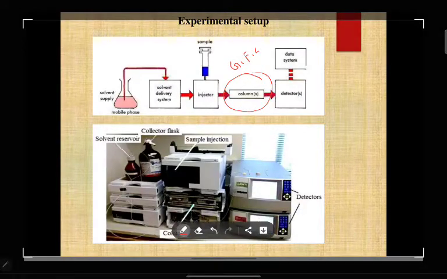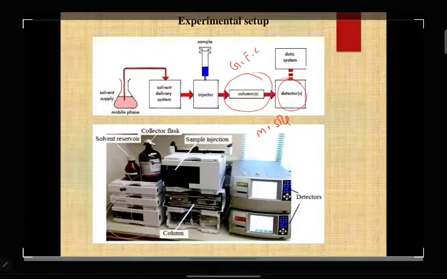This is the schematic diagram of our system. Here separation of compounds will take place based upon their molecular size. Detector will detect the signal. Finally the detected signal will be recorded in the system.